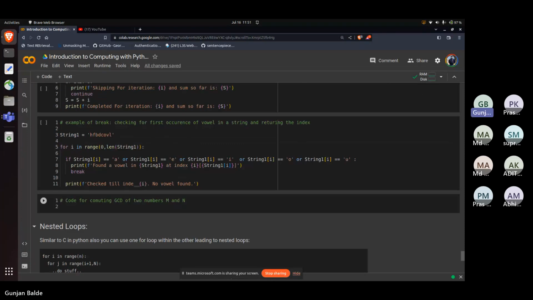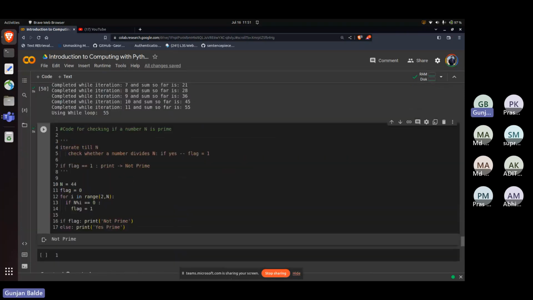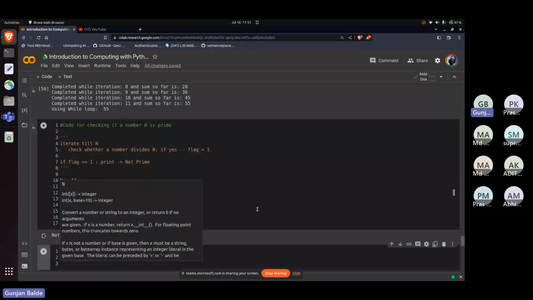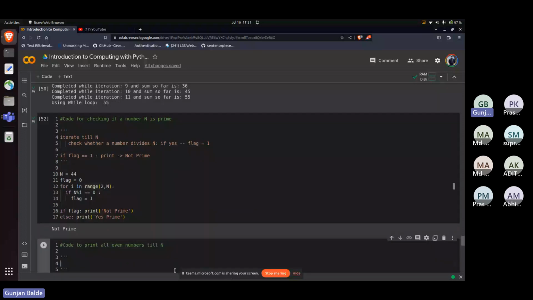Now another thing that you can also do as a practice problem is code to print all even numbers till n, right? Code to print all even numbers till n. So here, what would our basic approach be? Just like previously taking for prime,